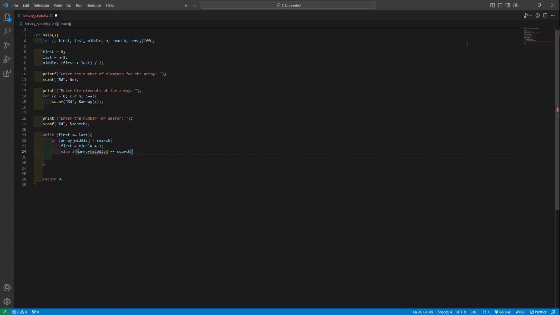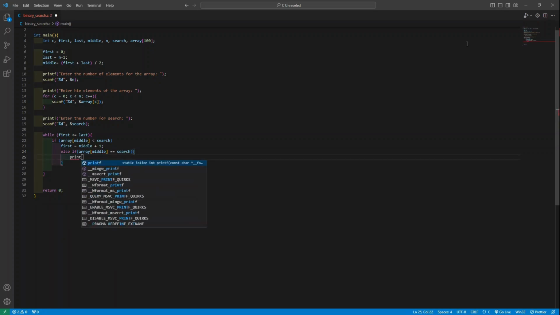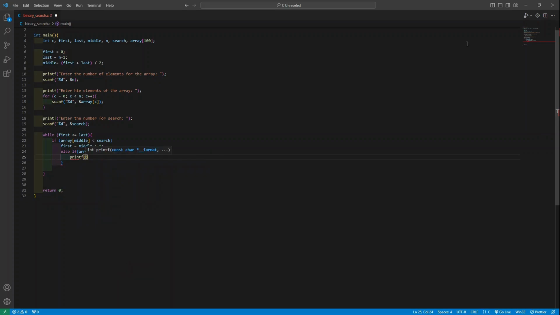We are comparing the value of the array middle to the search value, and we are saying if it is same, then what it has to do is printf %d found at location %d dot, comma search